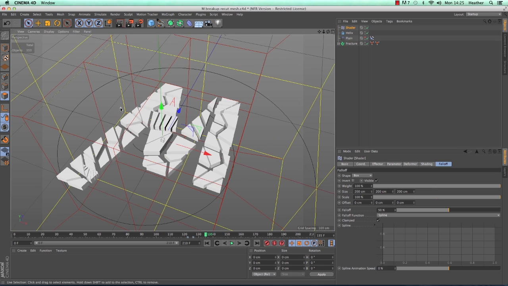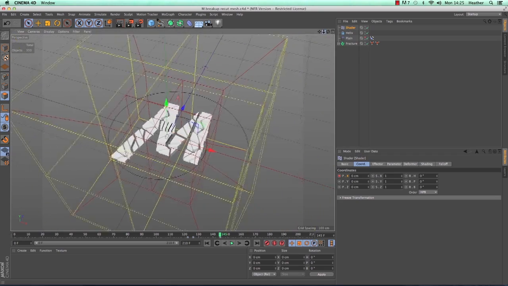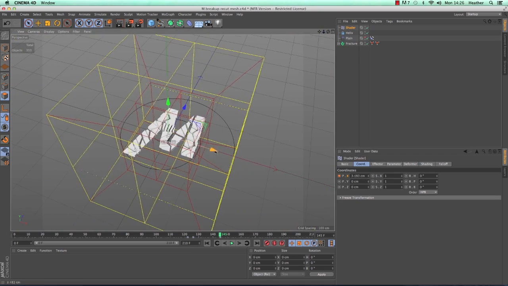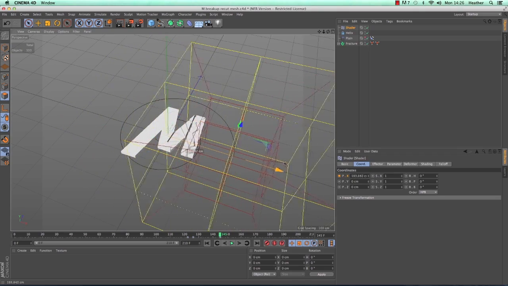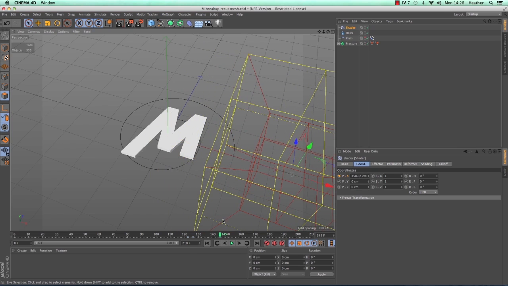And I can animate this fall off just by using the coordinates. I'm fine with it here now because it's affecting all of the chunks. I know that I want to animate it along the x-axis, so let me think, maybe 145. I think I'm going to Control and left click to record a keyframe. Then I'm going to move the x-axis along until the M is kind of a solid M again.